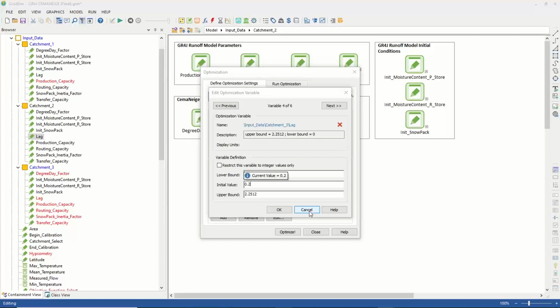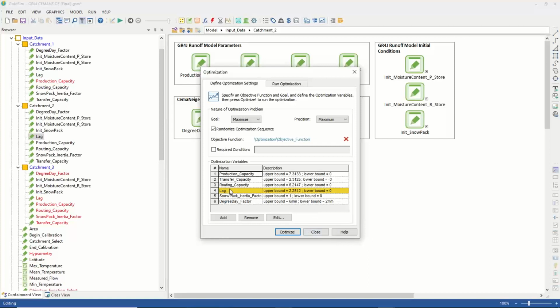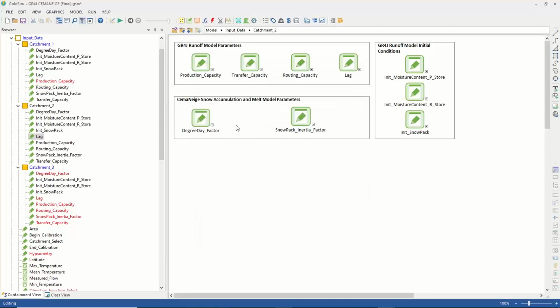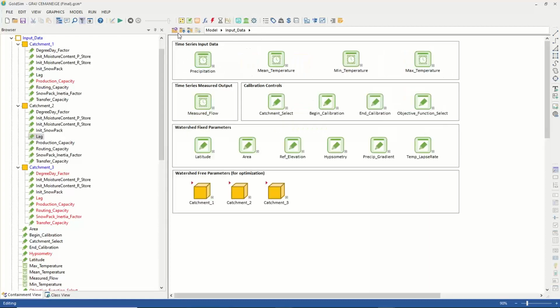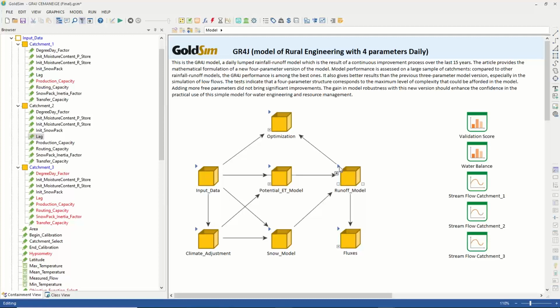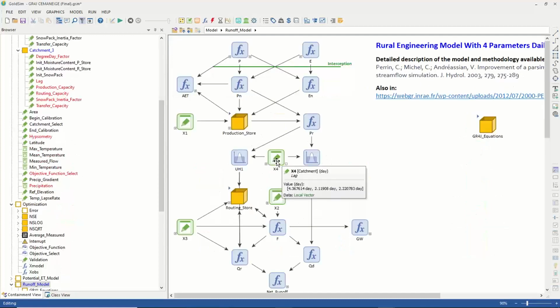Maybe you already said. No, it's a transferred value. This is unitless. So again, right. Lag here, and this is just to speed up the calibration. So if you go from that value, we could use the actual values instead, but I had some pretty good results with this. If I go back to my runoff model and go to lag X4,